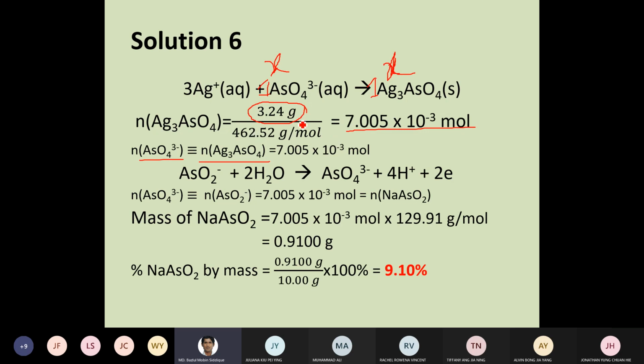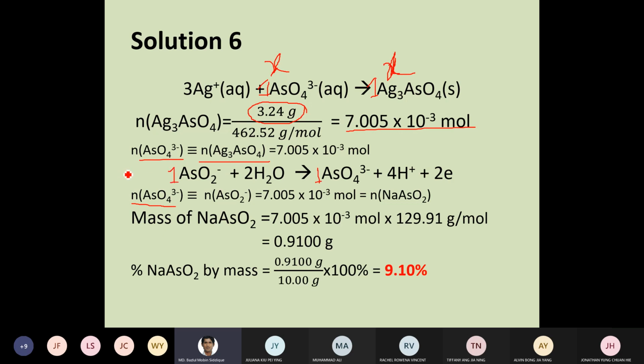Okay. So this is the silver arsenate. And from here we see that the number of moles we find from the silver arsenate, and in another reaction, sodium arsenite, from here as well the same number of moles of sodium arsenite will be produced. The number of moles remains the same because, as I said, that's arsenate 1 and